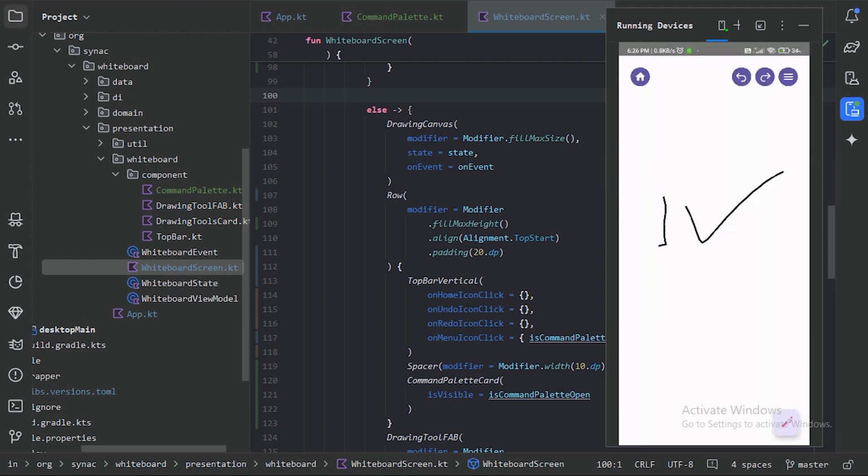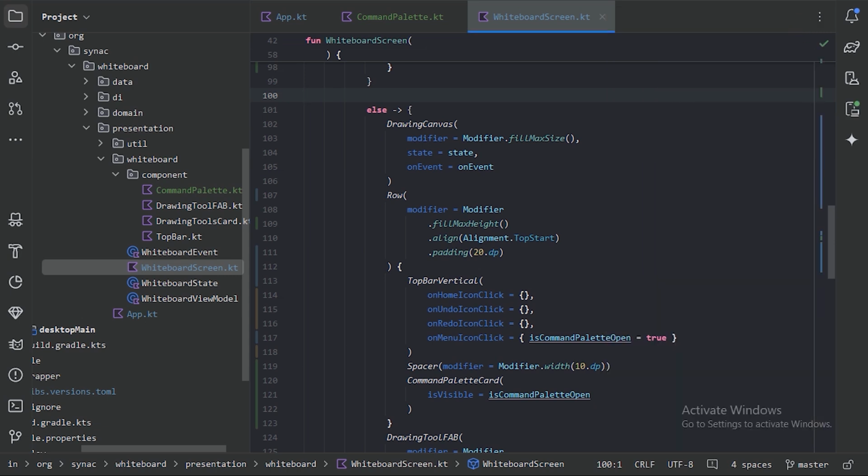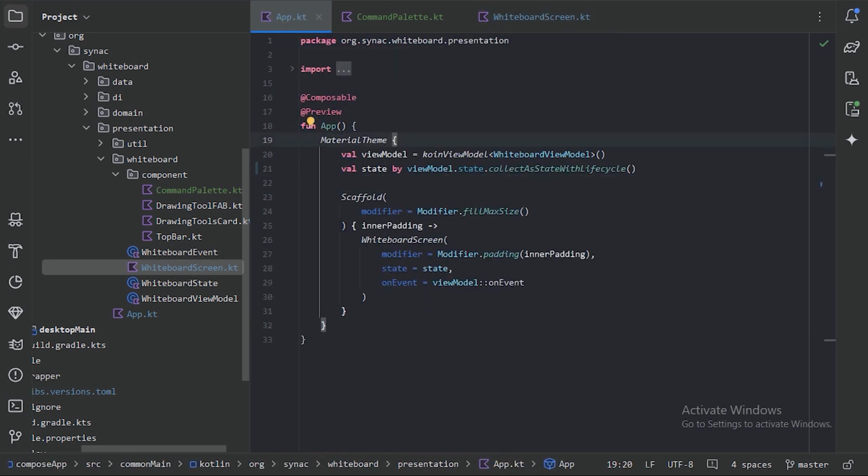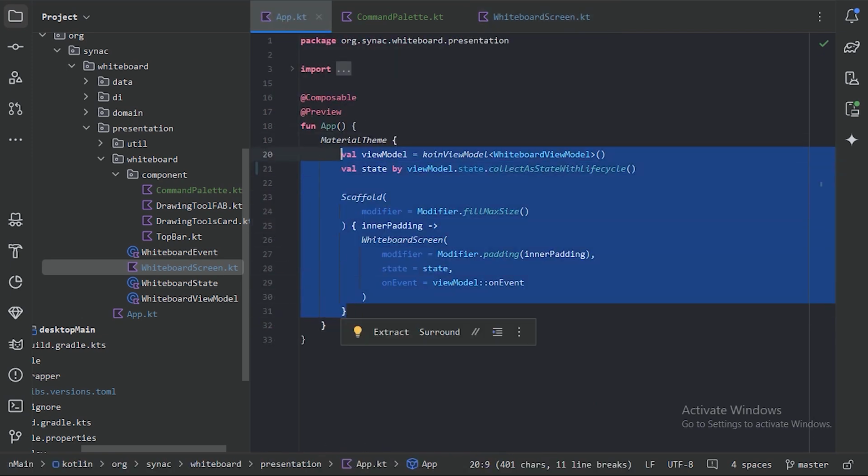One more thing. Here in the app, when we open the drawer, the drawer is not getting the color scheme. Right now my phone is in the dark mode, but still this drawer is showing in the light mode. So let's correct this thing. The color scheme and the user preferences we will add in future videos, but for now let's just provide some default values. For that, go to this app file,